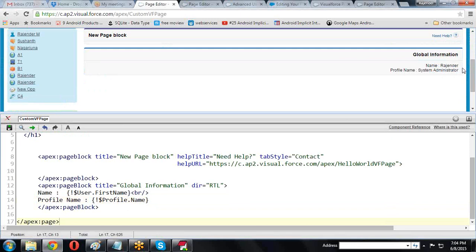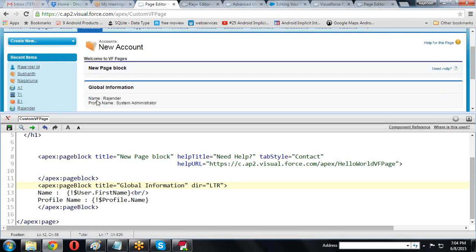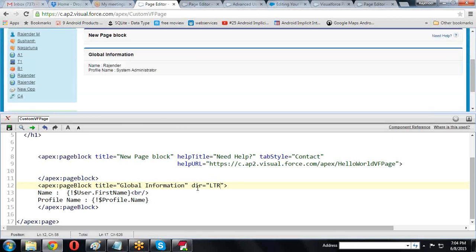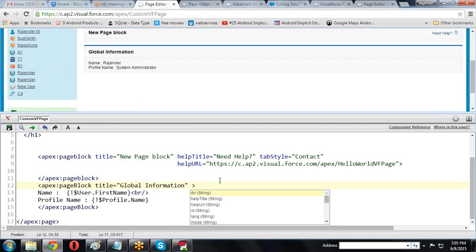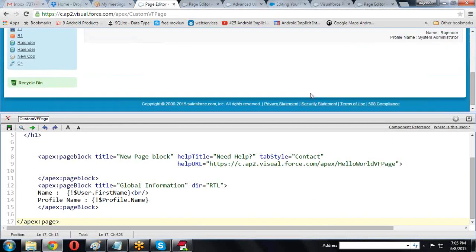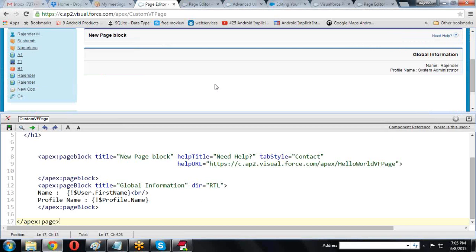Like this, I'm displaying right to left, or if you want to use left to right, then it is arranged from the left side. By default, if I'm not providing any value, the default value is left to right only. Otherwise, if you want to provide right to left also, you can provide. That is your choice, wherever it is required. You can create like this.